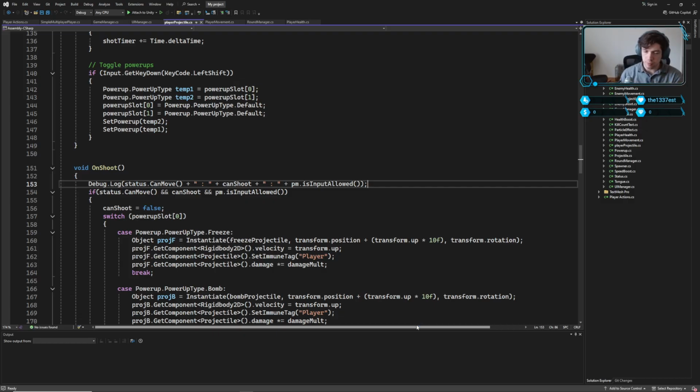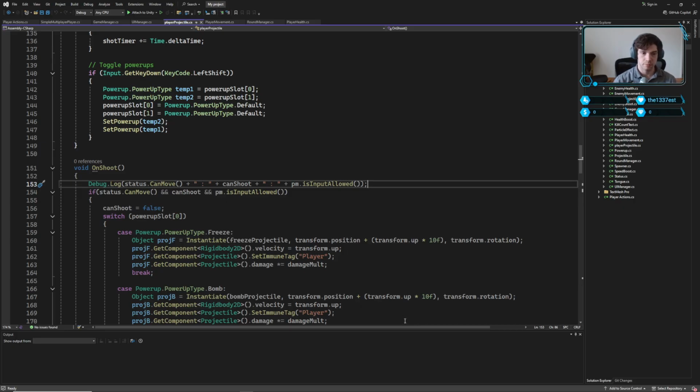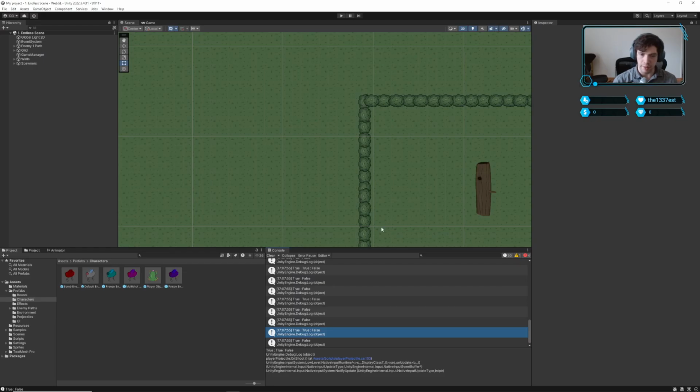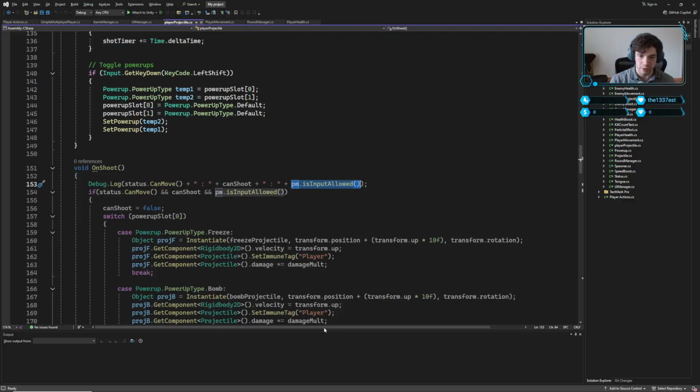Here we have debug log: can move, can shoot, input allowed. Okay, none of these, they're all printing false for is input allowed, which is interesting because